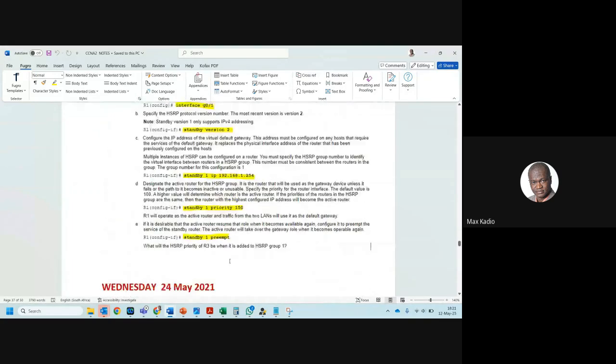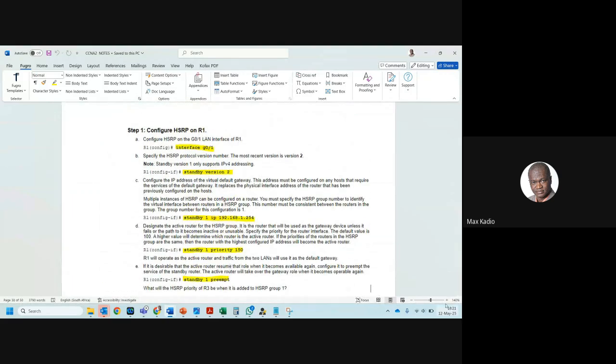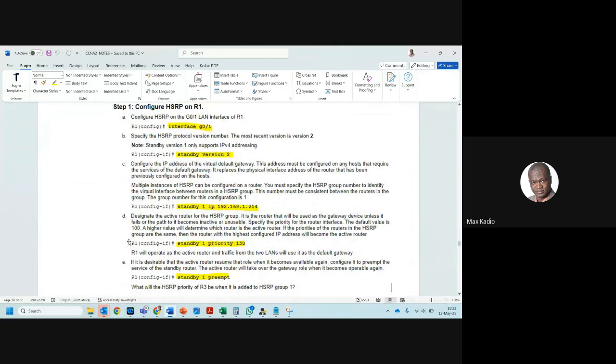HSRP, this is the command that we'll be doing for this lab, nothing else, and we are done. So to configure HSRP in the lab, everything will be given to you step by step. So we are on R1, the big boss. And this interface G0/1 is facing the LAN, the PCs. So we say, okay, that interface,